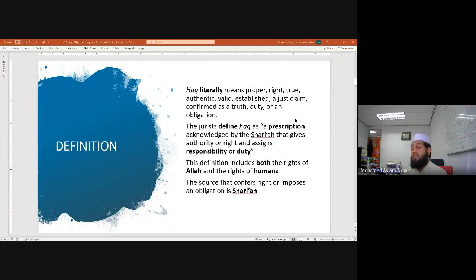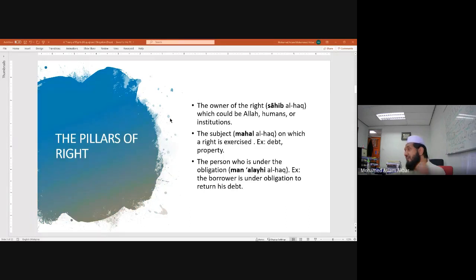Okay? Sharia is the one, like I told you, prescribing these rights or imposing the obligations. The owner of the right, it is called